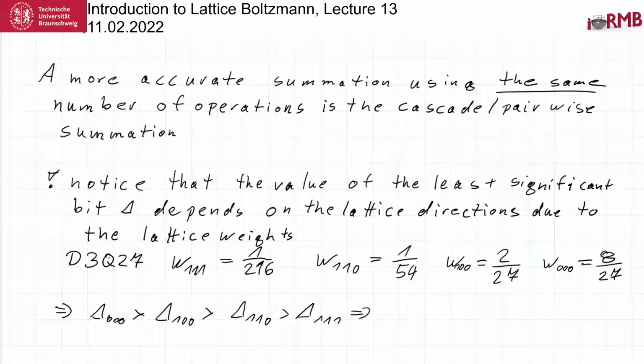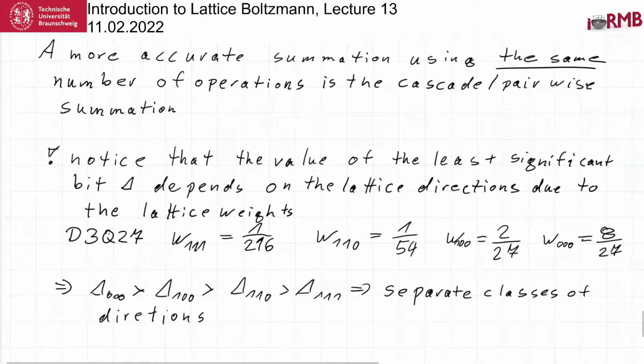Which means there are separate classes of operation, and in order to further mitigate round-off errors, it is preferred to do summations within their particular class first. Yeah, so when you sum up distributions, you should not sum up a distribution of the kind